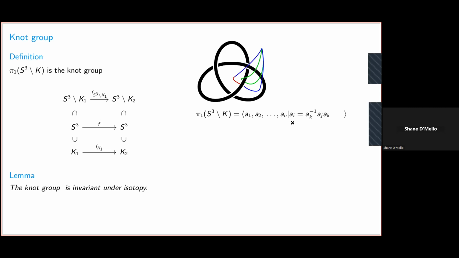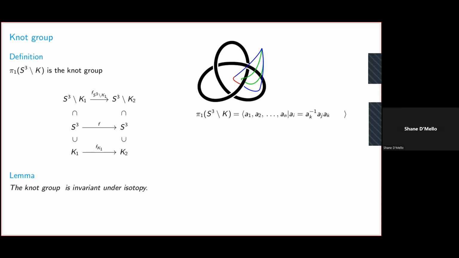So we get this relation here, that one of the generators is related to the other one via the conjugacy relation. I'm not going into the specifics of it because we don't really need it at the moment. You can look at that later. So let me summarize. This is just one of the relations. Of course, there are several, one for each crossing. So for each arc, you have a generator, and for each crossing, you get a relation, which is a conjugacy relation. The fact that it's a conjugacy relation is going to be relevant for us.